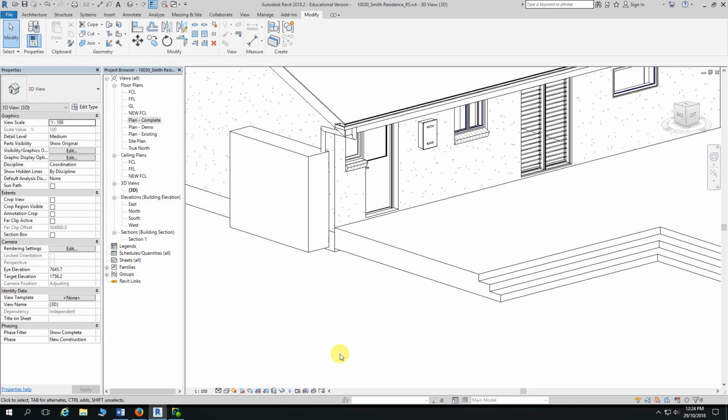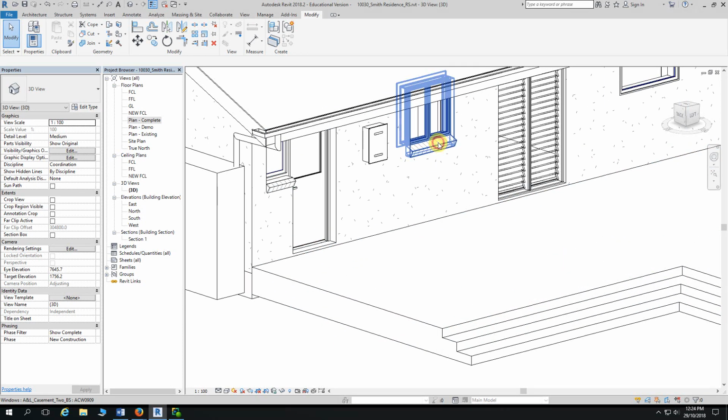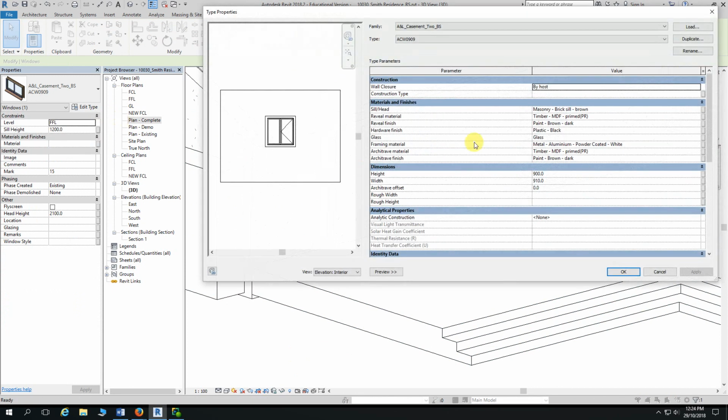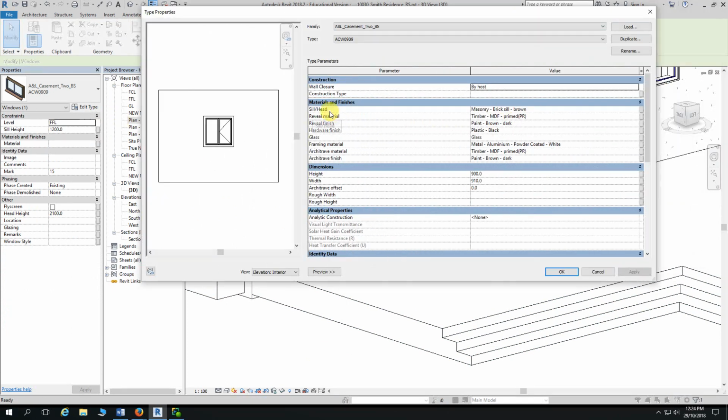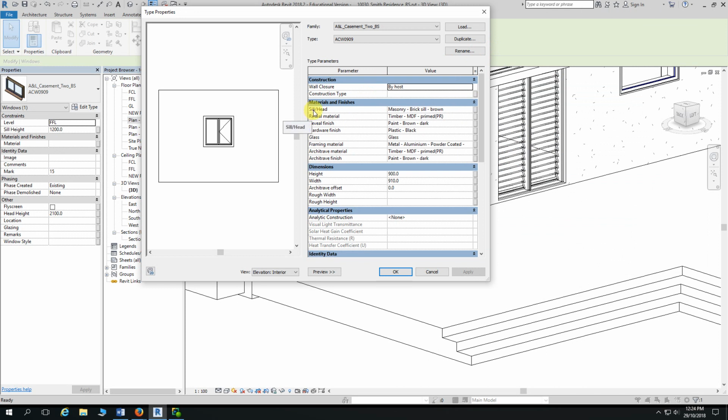So what we need to do is identify all the windows that currently have a brick sill, and through their type properties, selecting the window and going into its type properties, you'll need to change the material that's assigned to the sill. Change it from masonry brick sill brown, click over here